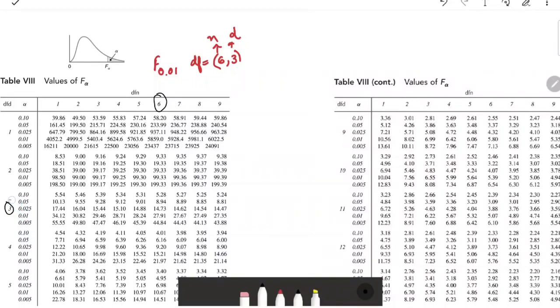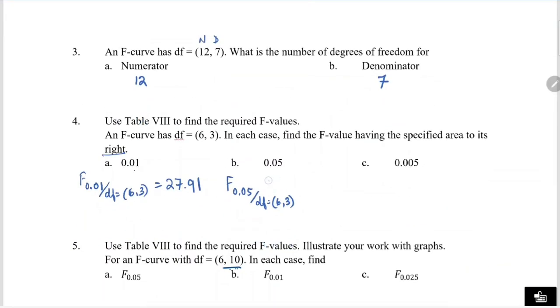But this time we are going to look at 0.05, the row for 0.05, and that's 8.94, and that's the value of F. So let's go back and write 8.94 for our answer, 8.94. And finally, we have